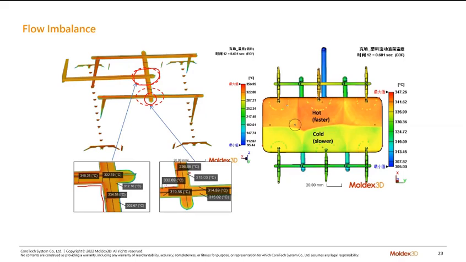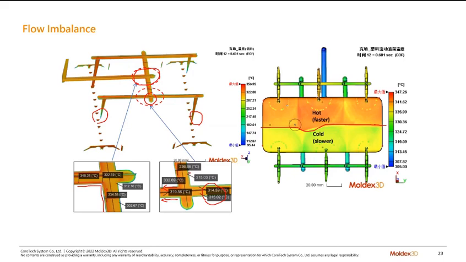So you can see that one side of the runner has 320, 330 degrees, and the other side is 315, 314. So this one will have a higher temperature than this one, so this one will go faster. And if we check the melt front temperatures in this part, you can see that the temperature is very interesting. One side is hotter than the other side, and it's caused by the shear heating